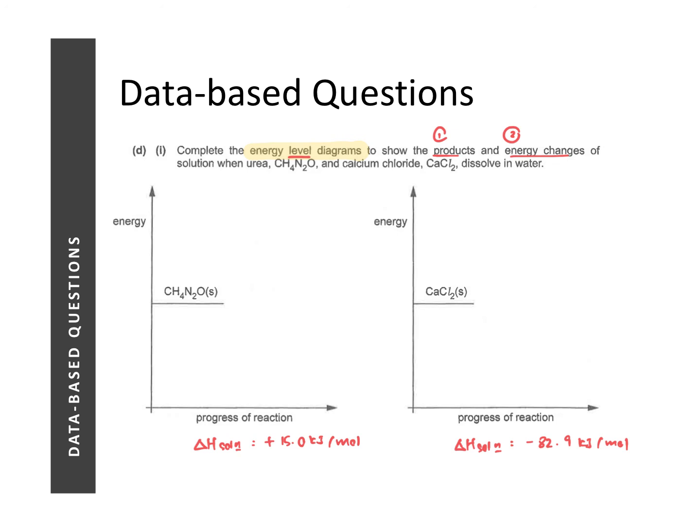With the information of the enthalpy change, we can now draw the energy level diagram. So since for urea it is an endothermic reaction, remember the reactants will take in energy. So the products will now be of a higher energy level than your reactants. Okay, so that